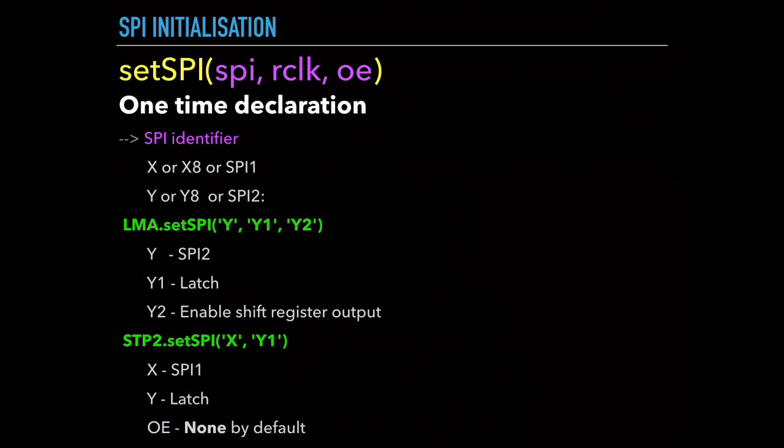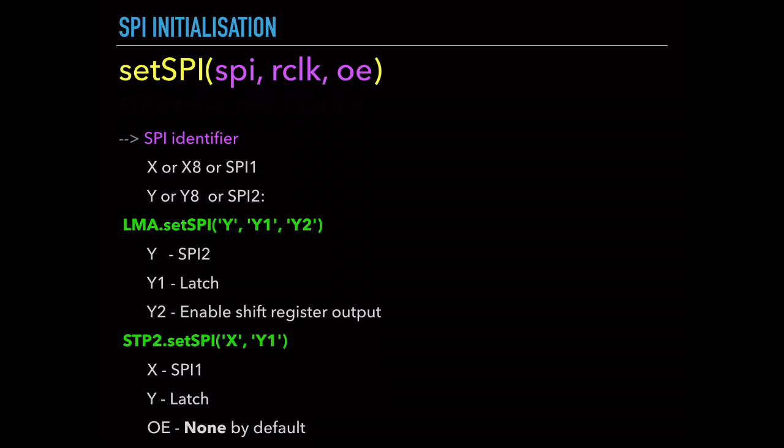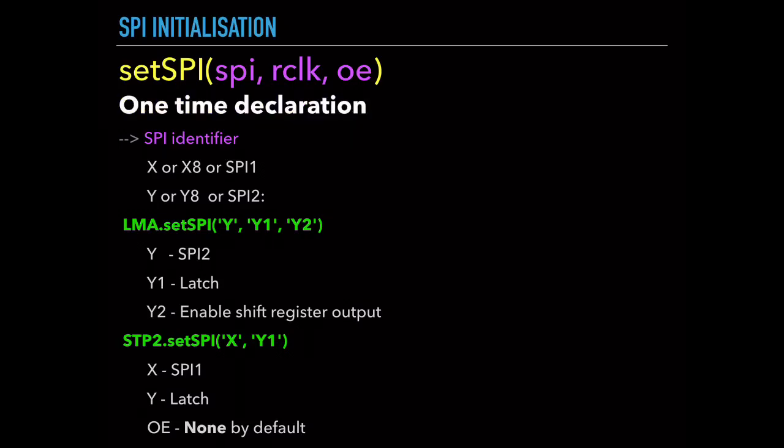Next, once the motor is initialized, we need to do the SPI initialization inside the driver class. So the initialization is like this. If you declared M1 or LMA as a motor, the first motor, then LMA dot set SPI with your pin details. And please note, this is a one-time declaration. If you are declaring 4 motors, you don't need to provide it for all the motors. Just one motor is enough. It's just one initialization.